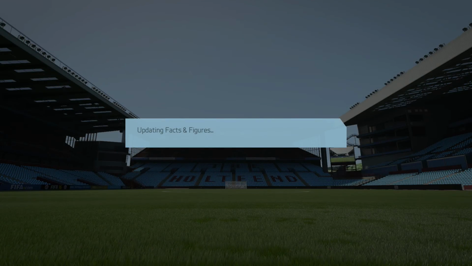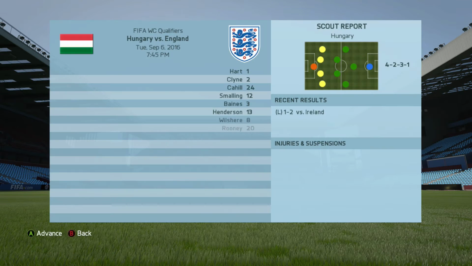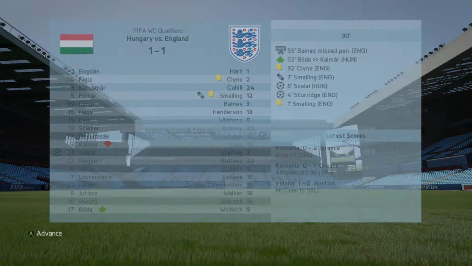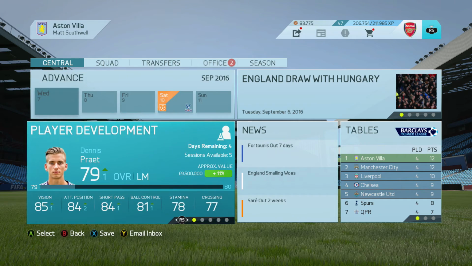There we go, 3-1 win over Greece. Very nice. Simulate up here. Simulate this match once again. And then a 1-1 draw away to Hungary. Not the best result, but could have been a lot worse. And there we go. Right, so we'll do our...